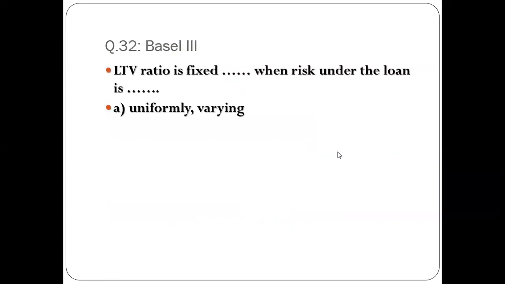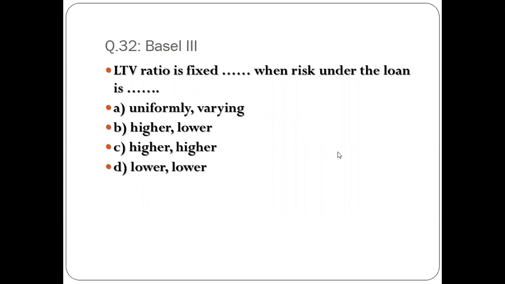Okay, LTV fixed is higher when the risk is lower. LTV means you are giving more loan and you are reducing the margin, because the borrower is good. So the LTV fixed will be